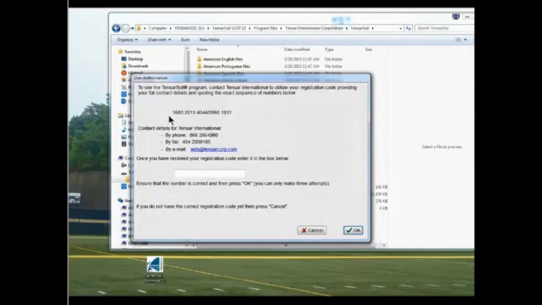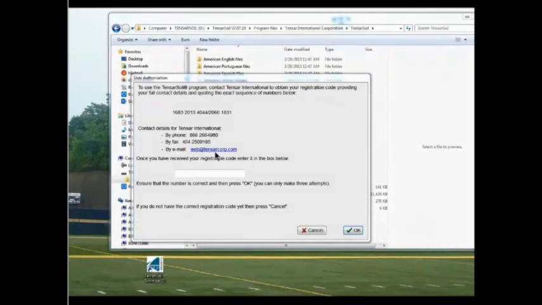When you launch the program for the first time, you will see a user authorization window pop up. And inside this window will be a sequence of numbers, which you can see here. And that sequence of numbers will change from computer to computer. So if you have the need to install the software on more than one computer, you will still need to have multiple authorization codes. So you can copy this string of numbers and put them in an email